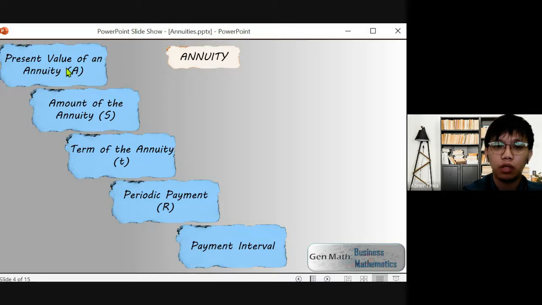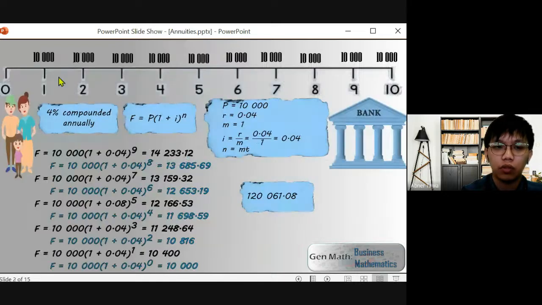Okay, so how do we determine present value? So dito sa ating situation na to, pag isosolve mo yung present value ng 10,000, ibig sabihin ano ang value ng first 10,000 na to from this time, dito sa 0, yung nag-start yung educational plan. Same dito sa second 10,000, ano yung value niya dito? And then same dito sa last 10,000, what will be its value from this point? So pag inadd lahat natin yung present value ng 10,000 na to, yun yung tinatawag nating present value of annuity.